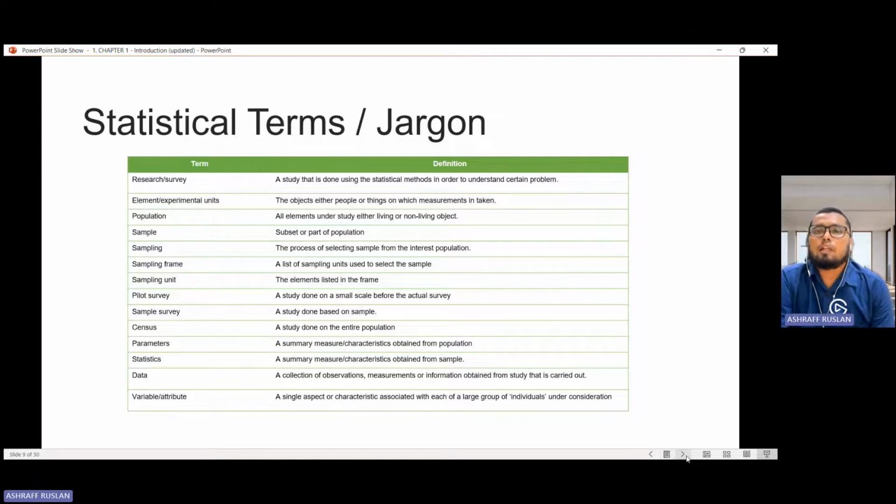So kita tengok balik terms that fall under statistic, and include in your notes, so that at least you have reference about the terms that will be used throughout the subject.